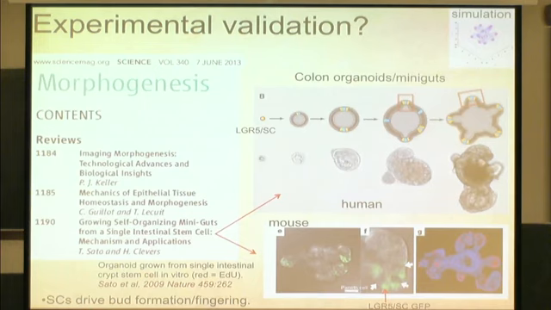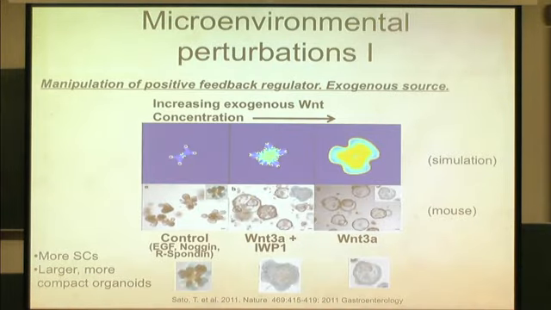Now, a test of the model would be to say, suppose you change the conditions. Can you make the prediction? Can you see the similar change? Can you make a prediction about what should be seen in the experiment? Well, we have two things. We have Wnt and we have the inhibitor. And actually, we have the inhibitor, but we also have the negative feedback factor. So if we add Wnt to the environment, then what the model predicts is that if you don't do anything, this is your natural state, and this is what we can call our control. And that's analogous to what is seen in the experiments.